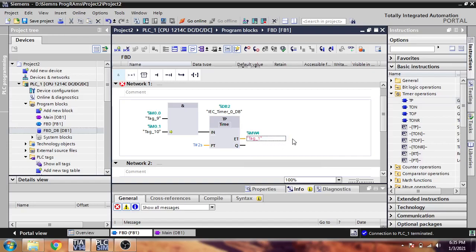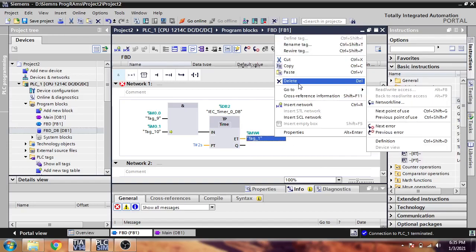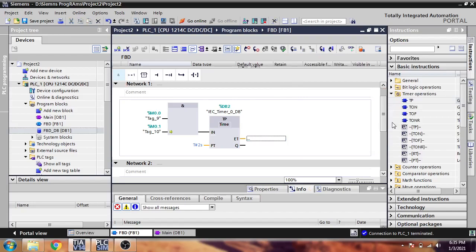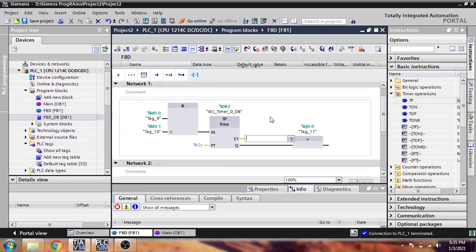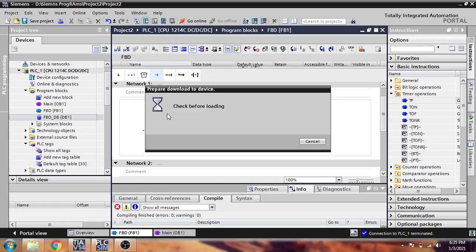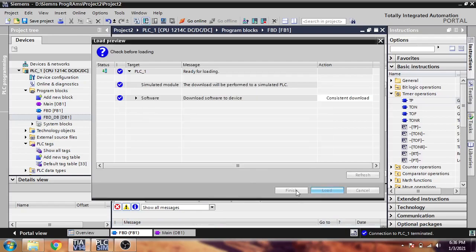I think ET does not need that. Just putting some equals there. So it's directly Q0.0. I think watch tables are not enough to show you, so I am going to compile that and download into my PLC to check that.